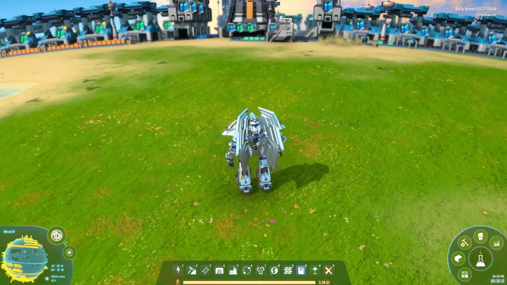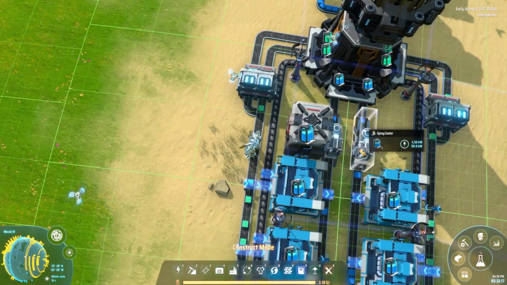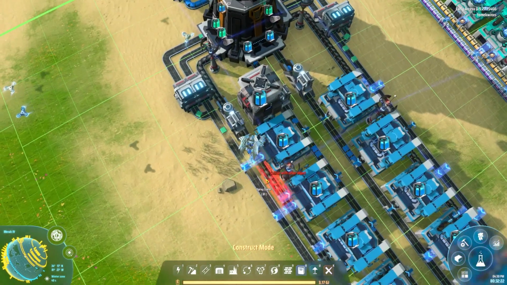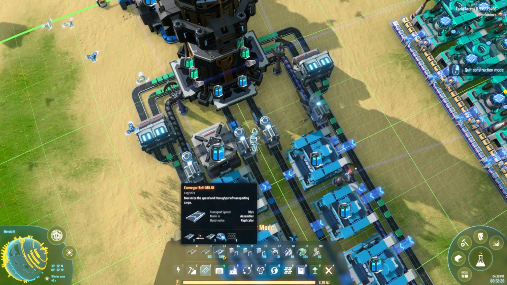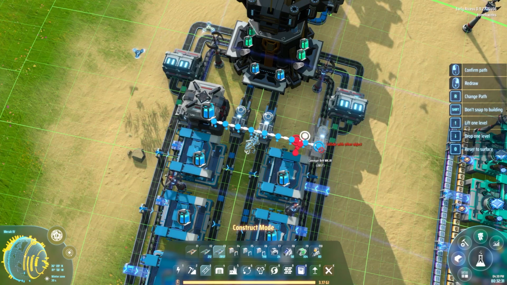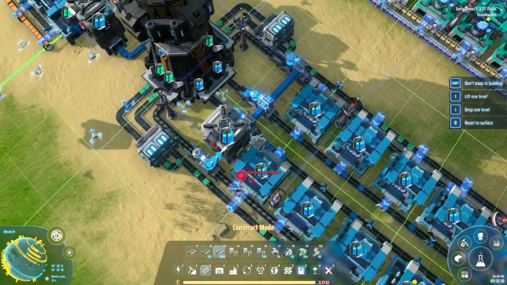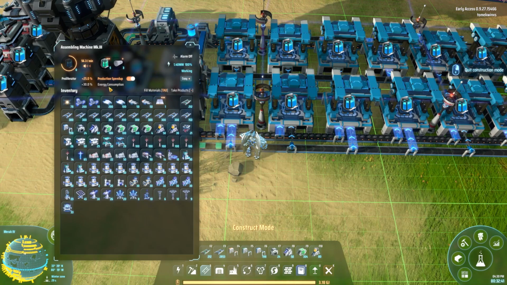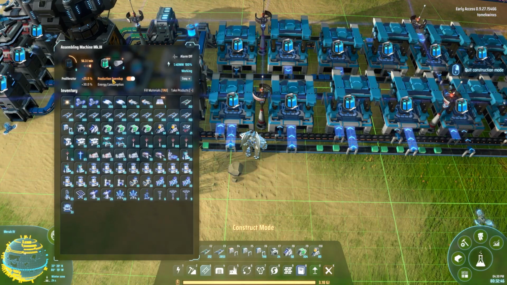Okay. So now that that is out of the way, I noticed that I did not add my spray coaters for the nanotubes, and I did not extend the belt. So I'm going to do that right away, like this, and like that. So yeah, so now we can begin to use this plus 25% on the production speed up